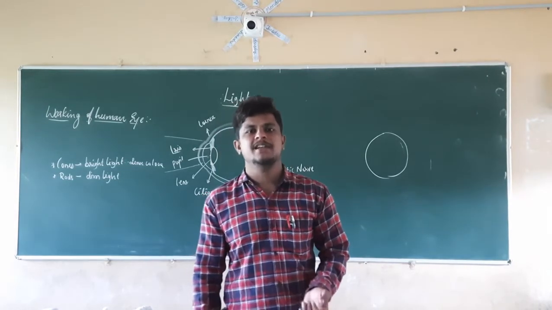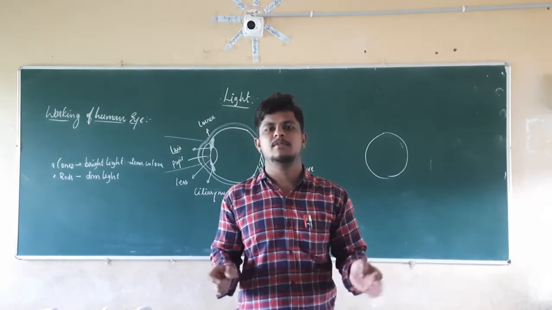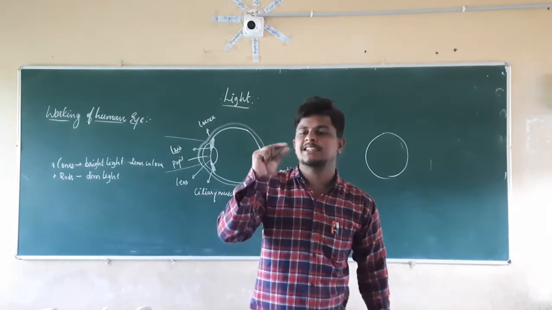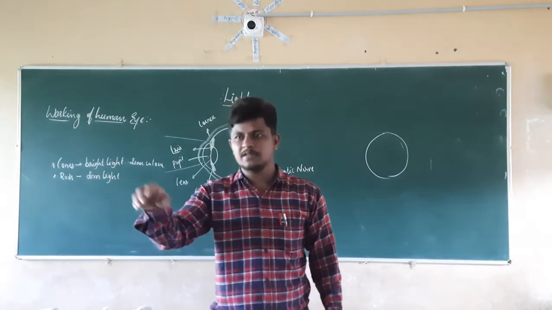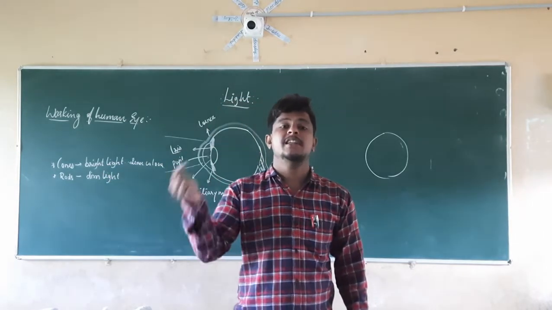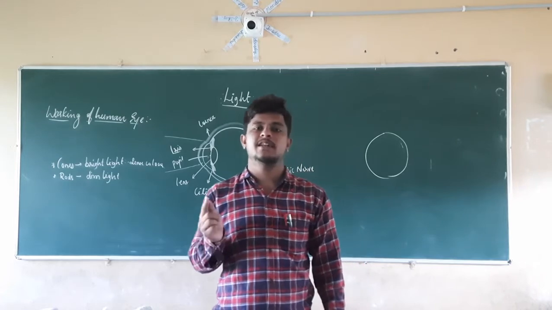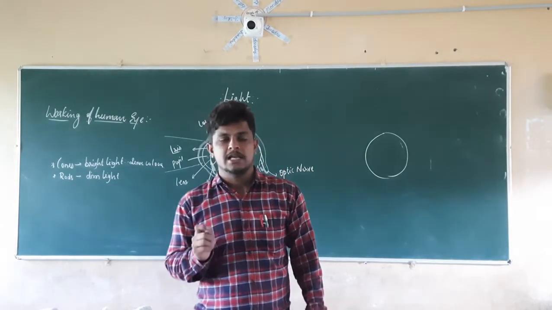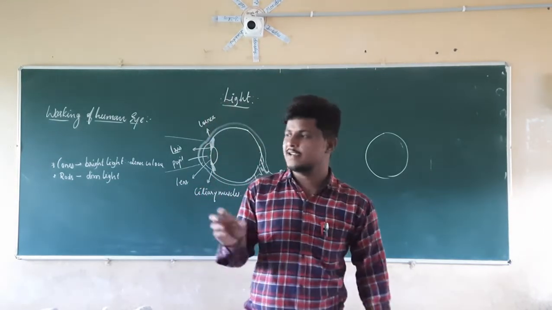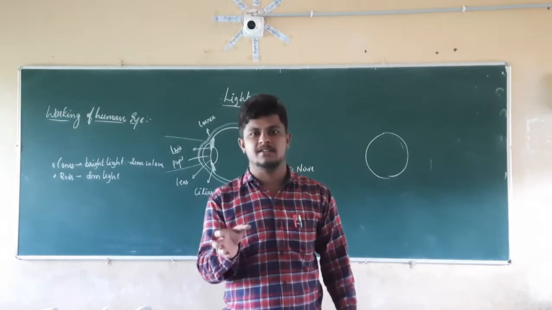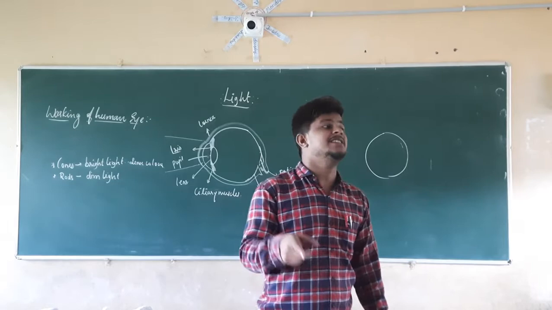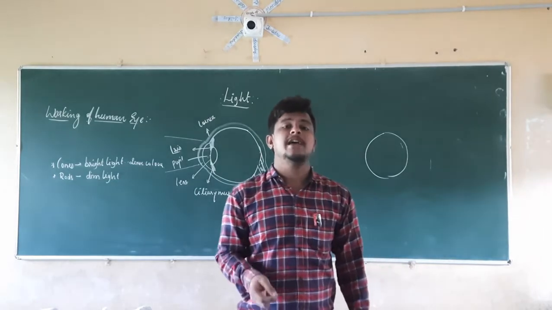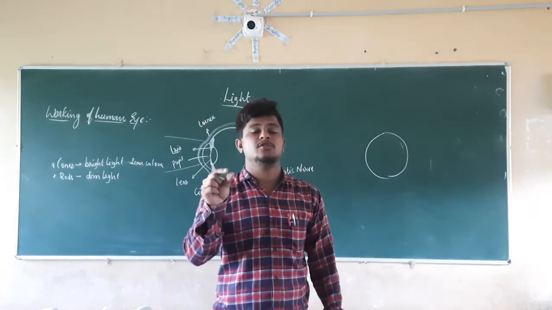So because of that, we have to see the things clearly. Because of that, our pupil size is increasing, so that the light rays which are present inside a room can enter in maximum number. They should enter in maximum number. In the same manner, if you go outside, the intensity of the light will be larger. It will be maximum, so the requirement of light energy is less there. So because of that, our pupil size is going to get reduced.